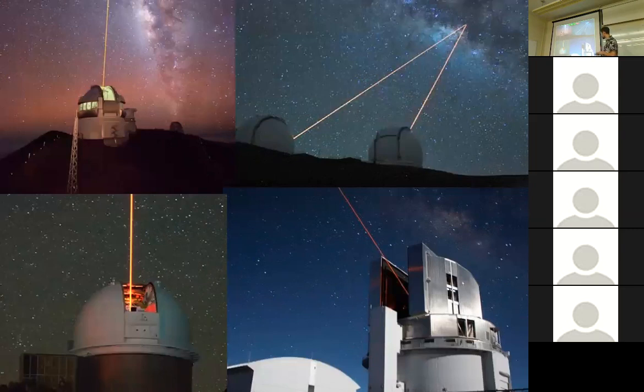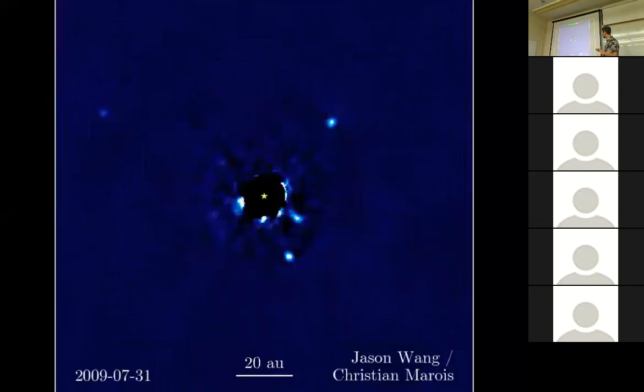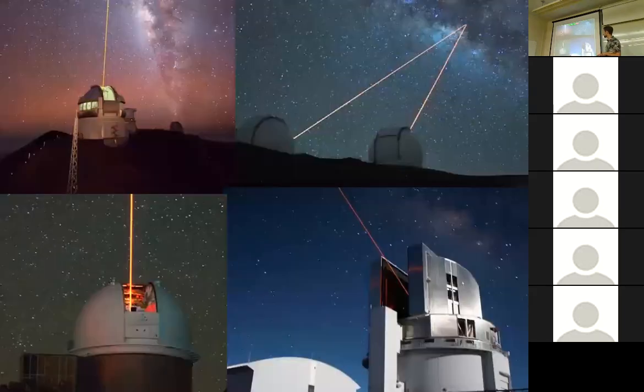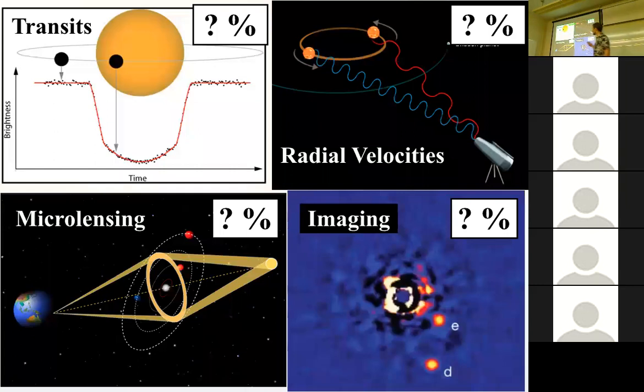And in fact, the movie that you've seen just before, this movie right here, was made using observations from the Keck telescopes. It's shown up here on the top right, on top of Mauna Kea. So Hawaii is really leading the way in adaptive optics imaging in the Northern Hemisphere towards detection of exoplanets. Okay, so this is an overview into exoplanet detection methods.